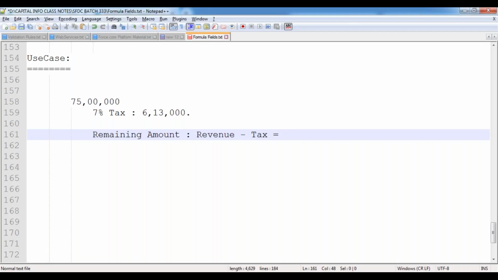Now, whenever we implement this functionality, I want to calculate the remaining amount value. How can we calculate it? The remaining amount can be calculated by subtracting the tax value from the revenue. How are we calculating the tax value?